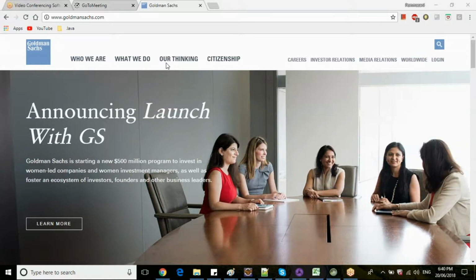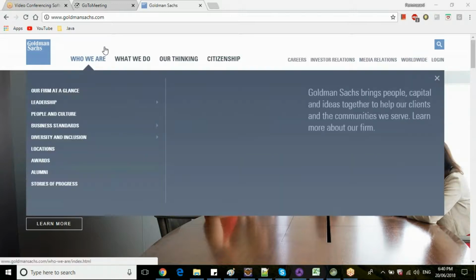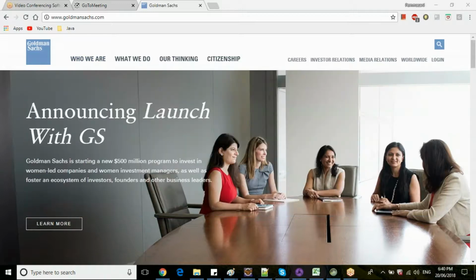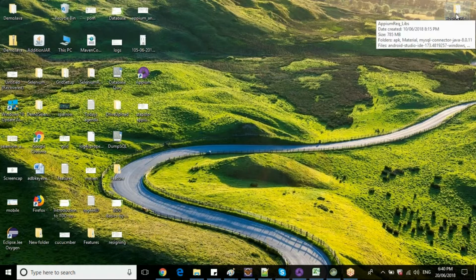So now when I load the same Goldman Sachs application on my mobile device in a Chrome browser, let me open my mobile and show you.